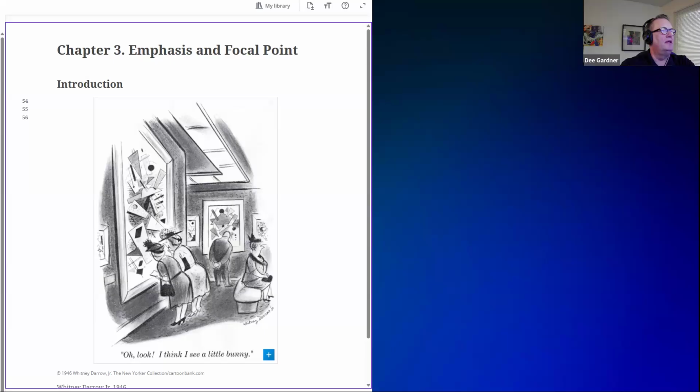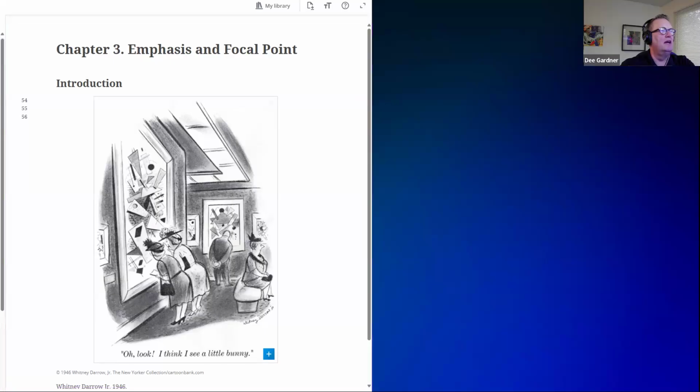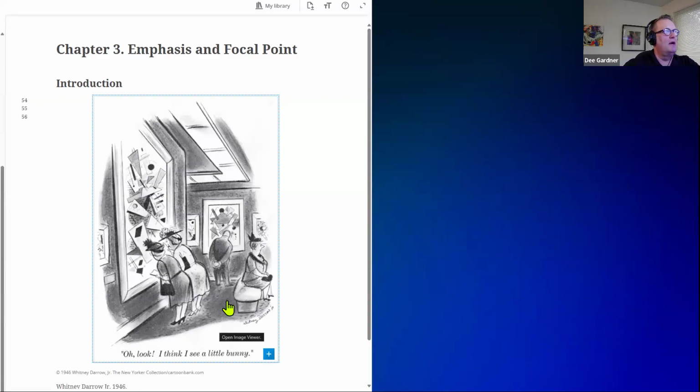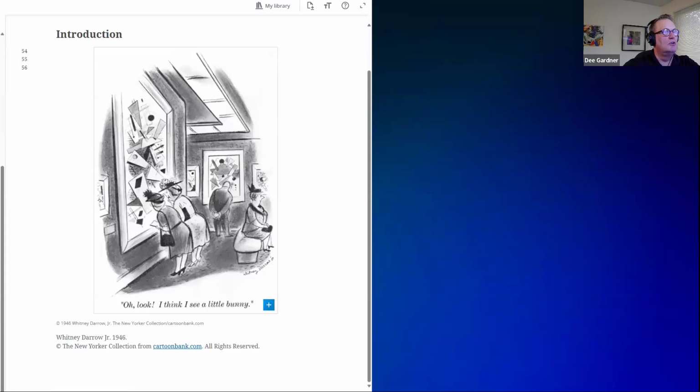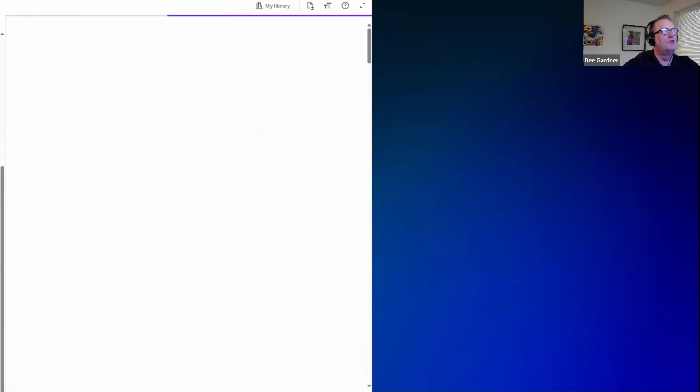And then the second part of the book, we talk about design elements, and that's line, shape, pattern, illusion of space, illusion of motion, and then value and color. So those are the things that we're talking about. And so this week we're going to talk about emphasis and focal point. So obviously I'll get that up on the screen. So we'll go through,